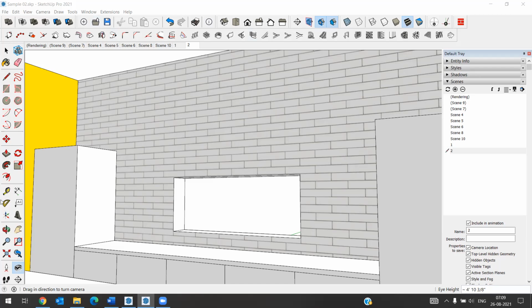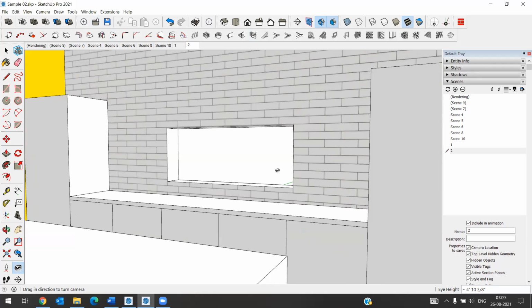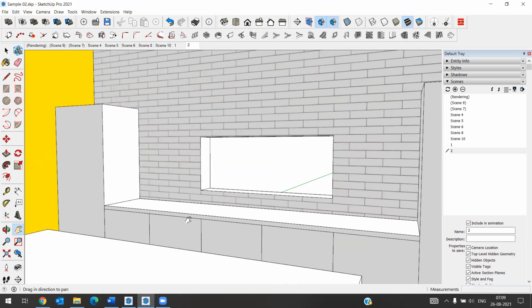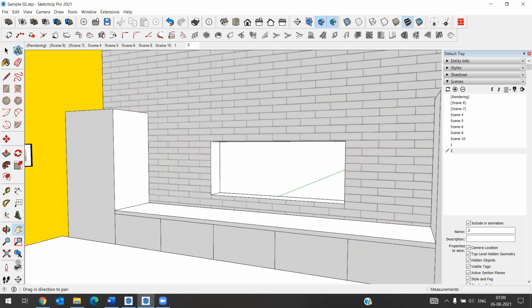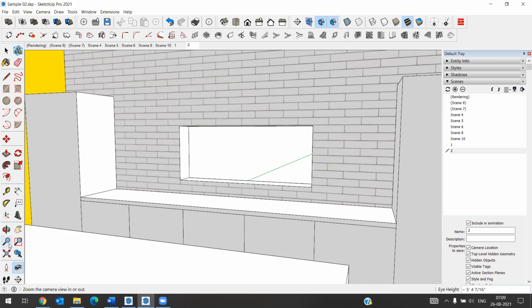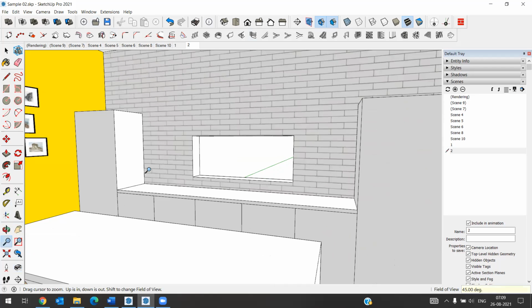Okay, now I will sit on the island and I will look to the kitchen. So you can change the angle this. And I will add it as a scene 3.